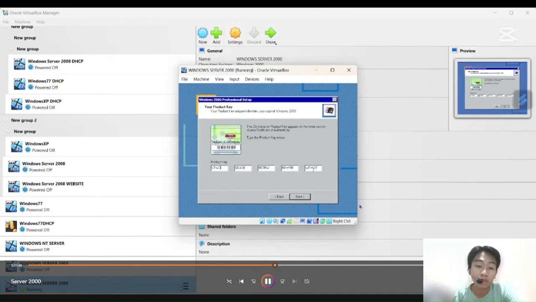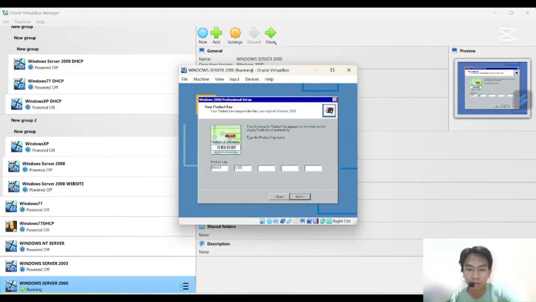And after you inputted the product key, just click next. And make sure the product key is correct.